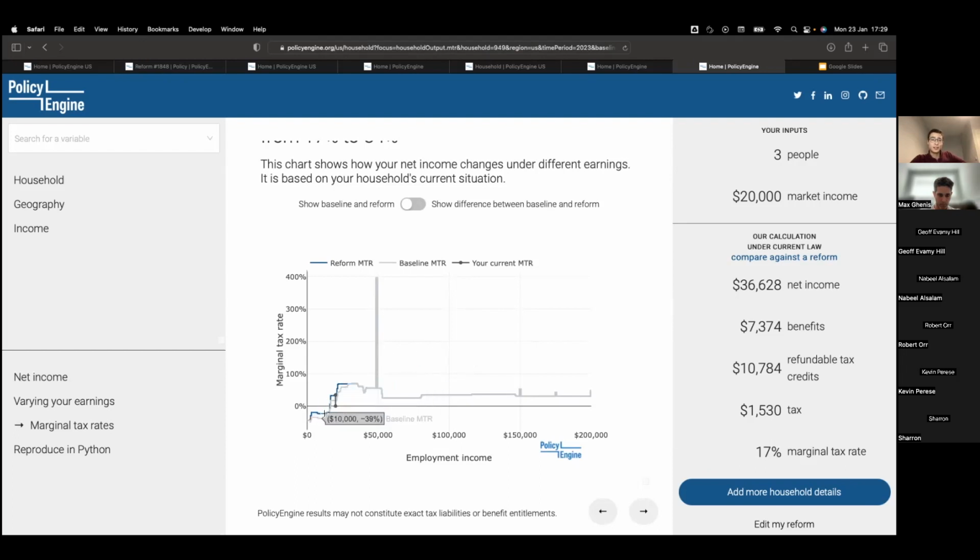This is showing you at every given earnings level, what percentage of marginal income is lost to either tax rises or benefit withdrawals. So we can see here that this pretty much unambiguously raises marginal tax rates, which makes sense because the phasing of the CTC cuts marginal tax rates compared to the baseline.